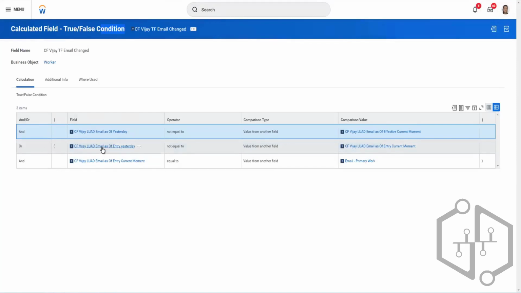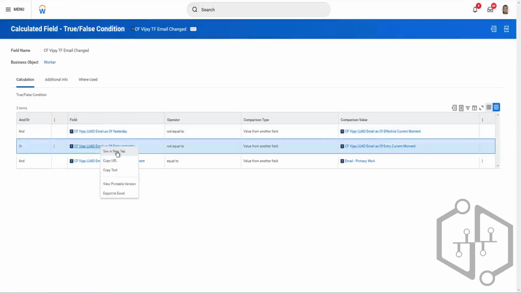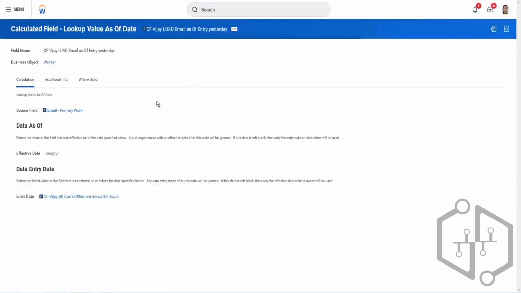Now, what is the second condition? When the effective condition is failing, we are checking the value as of the entry moments. So now we are checking the value of the email primary work, same field, exactly same date, minus 24 hours, but as of the entry criteria. That means it was entered, but it was made effective yesterday, but we are checking the value when it was entered. So at the time of entry, what was the value? So the entry moment criteria